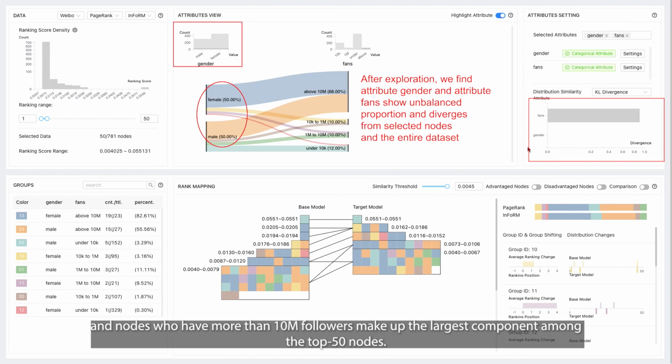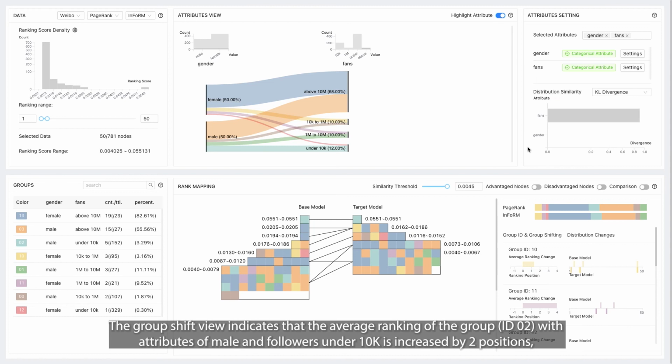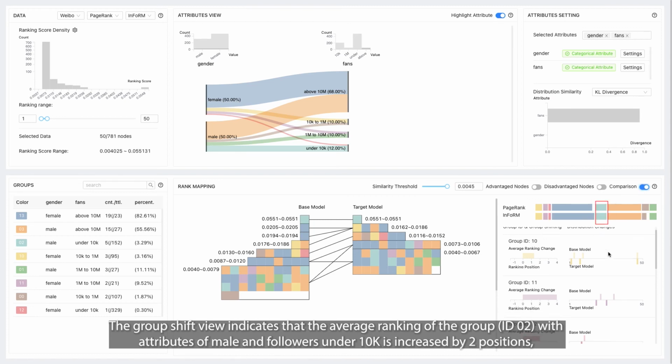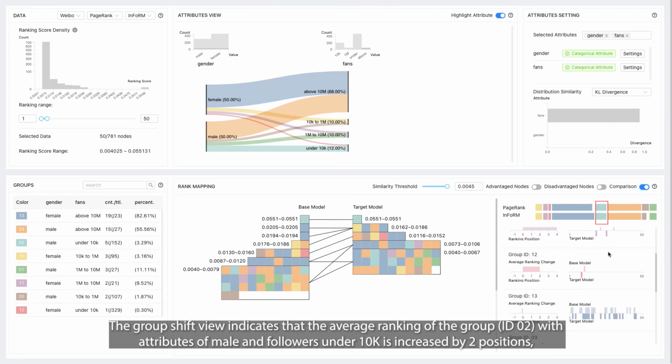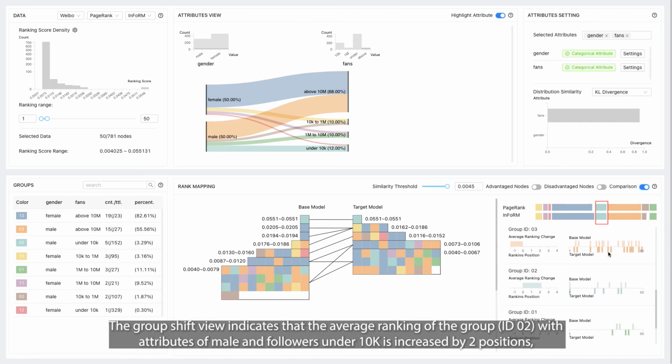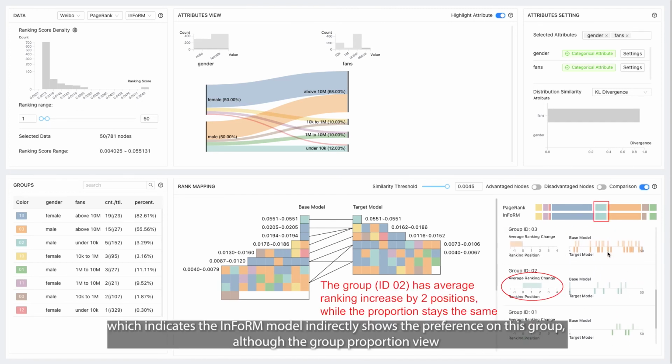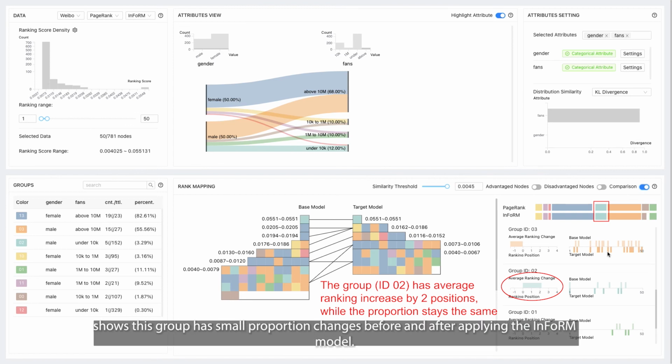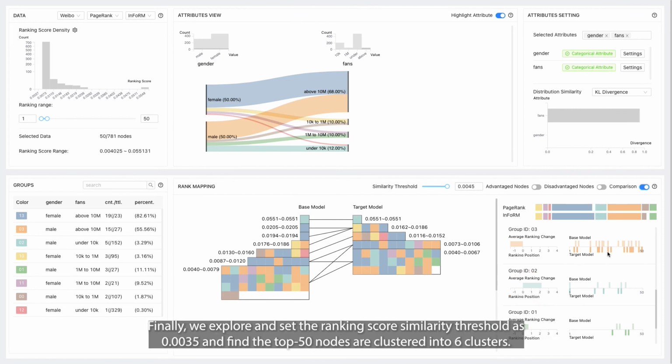The group shift view indicates that the average ranking of the group ID 02 with attributes of male and followers under 10,000 is increased by 2 positions, which indicates the informed model indirectly shows preference on this group, although the group proportion view shows this group has small proportion changes before and after applying the informed model. Finally, we explore and set the ranking score similarity threshold as 0.0035